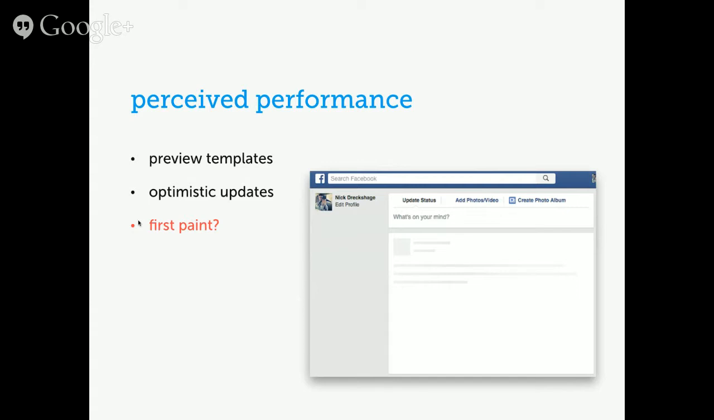I think the concept of perceived performance is great. It's a great UX concept. When you look at preview templates on Facebook, having that there and then filling it in with content after the fact definitely reduces the feeling that the page is jumping around, and it makes the page feel like it's loading faster. Optimistic updates are great. When you press save on something, it's nice to assume that it works. Those are great UX practices. But with regards to first paint, I don't think